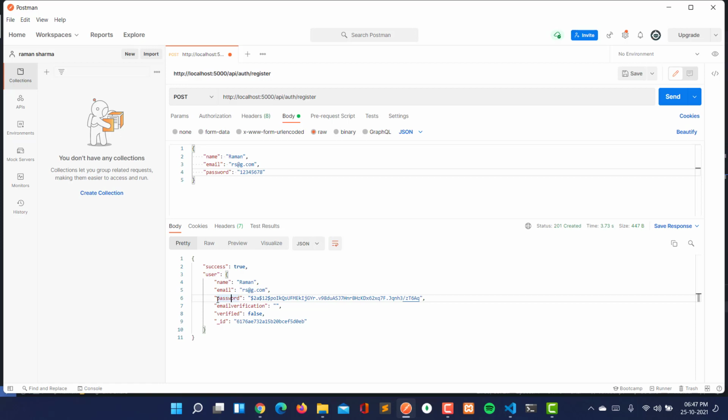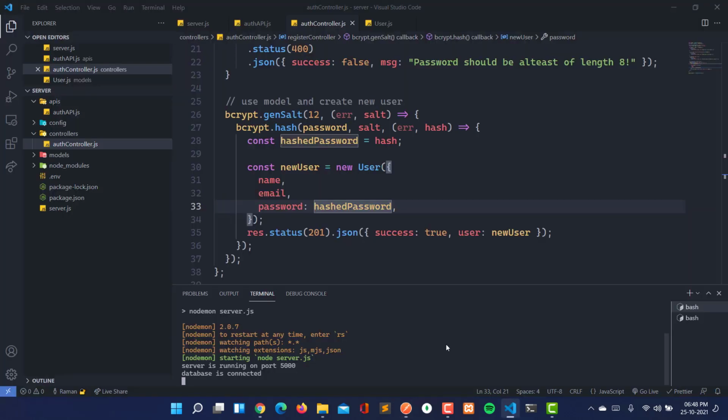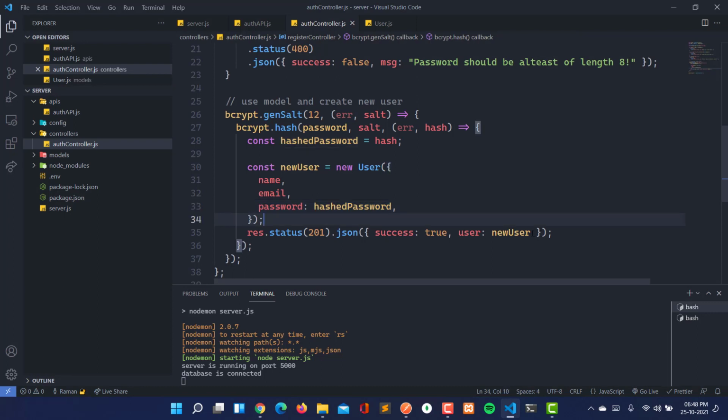So we will extract the name only, email only, and then verified only, because we don't need the email verification token sent to the user, and then we need the ID here. So we are going to just send the ID. Actually we don't need it here. So here we just have to write like this, success true, and message: logged in successfully.